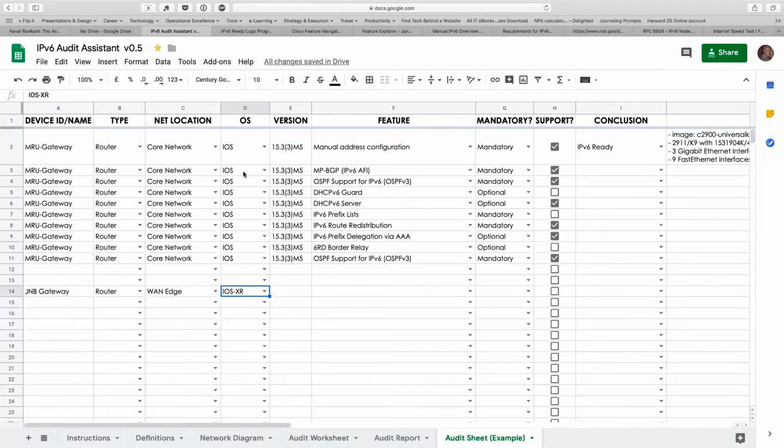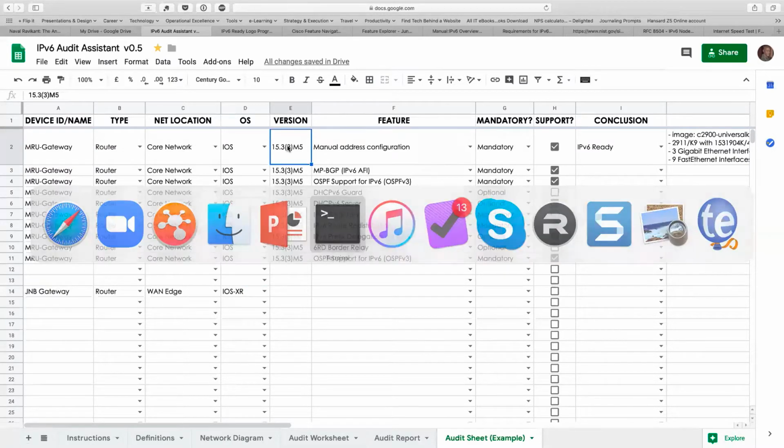Now, this is where you start to know the actual tools and the techniques. Because in order to find out the supported features, you need to know what software version this router is running. So how do I do that? In our case, I just go to